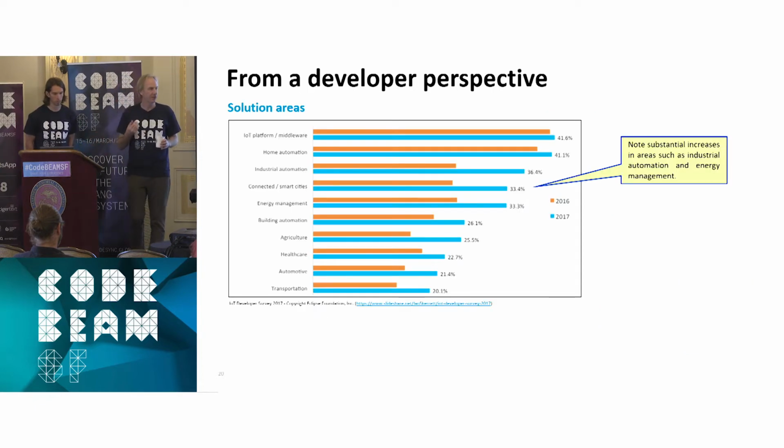From a software development perspective, what are most software engineers doing if they're working in the Internet of Things space? This is a survey from the Eclipse Foundation. What I find interesting is most of them are doing IoT platform, whatever that is, middleware. I hope that doesn't mean that the largest percentage of people are actually developing middleware, because there are plenty of good middleware solutions available. No need to develop another one. But these sorts of solution areas seem to be the primary areas of focus from a software development perspective at